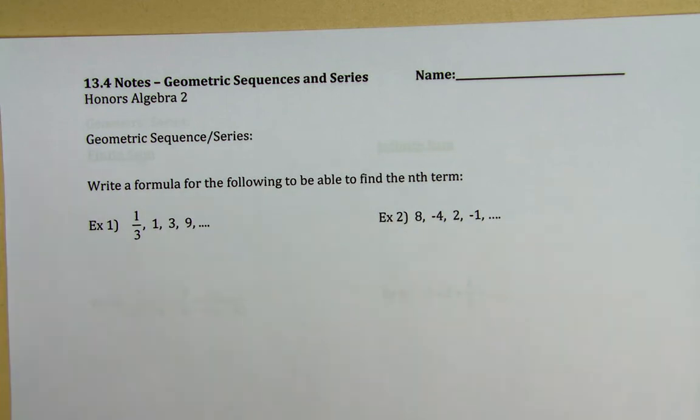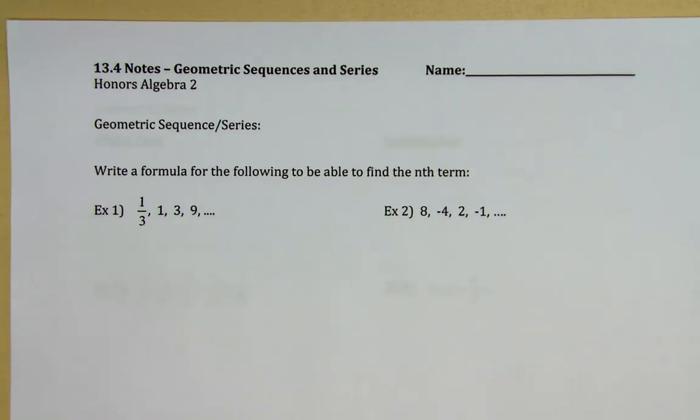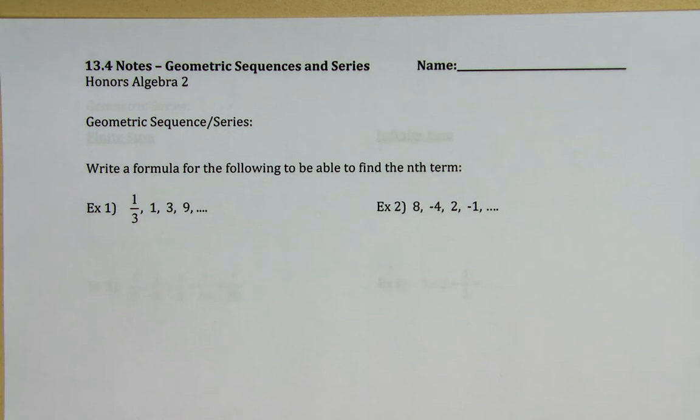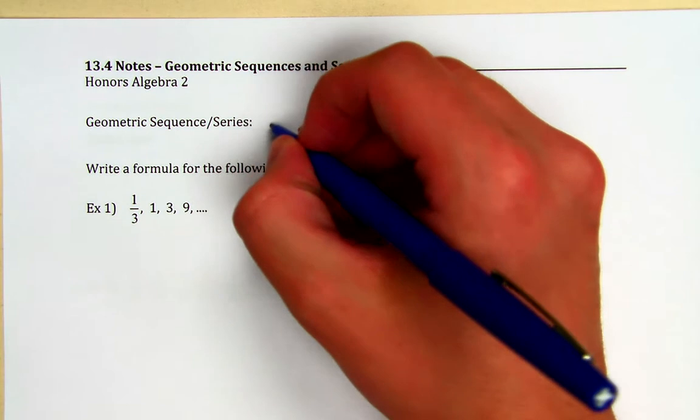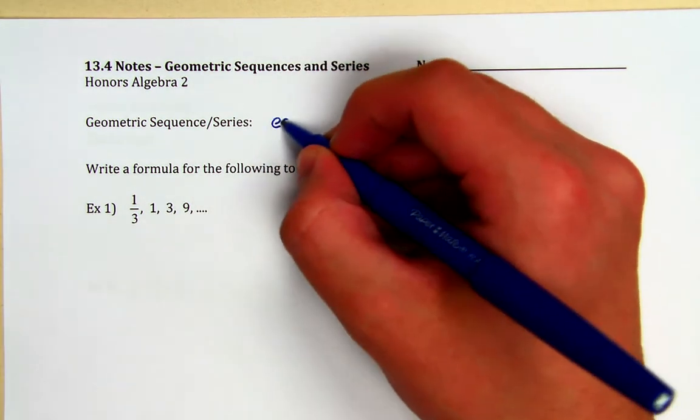Alright, so we just talked about arithmetic sequences and series, when we're adding or subtracting a common difference. So now we're going to talk about geometric sequences and series, which is basically when you're multiplying by or dividing by something. So the definition here is each new term